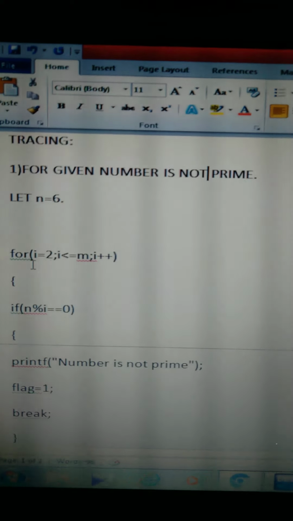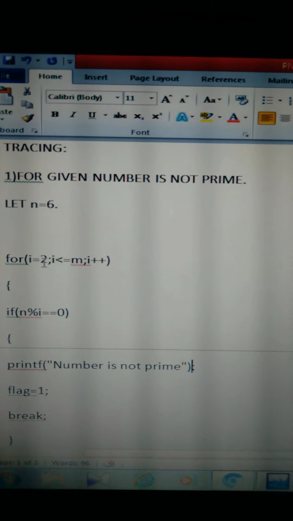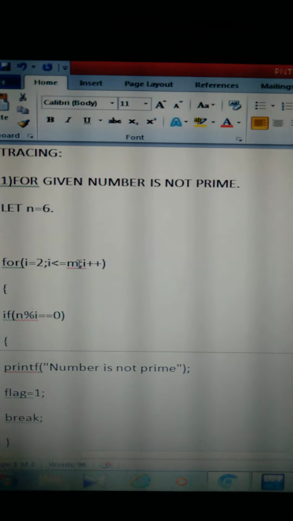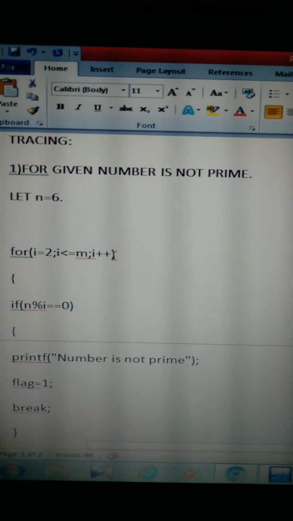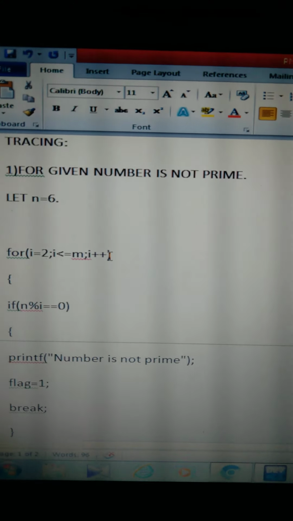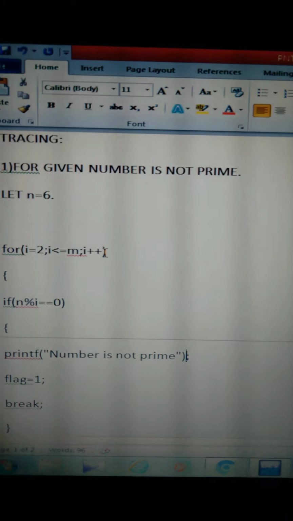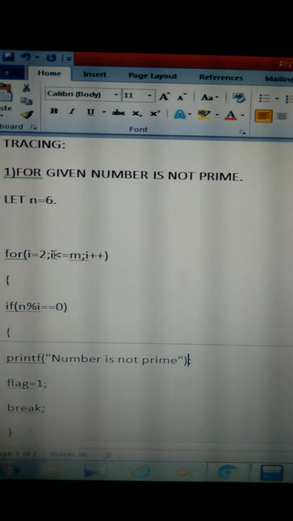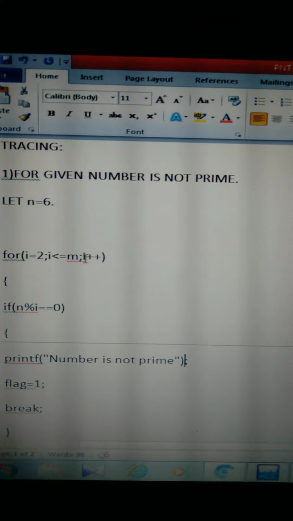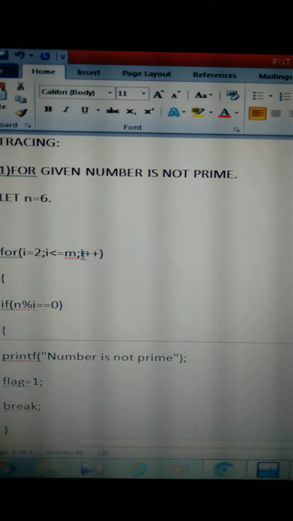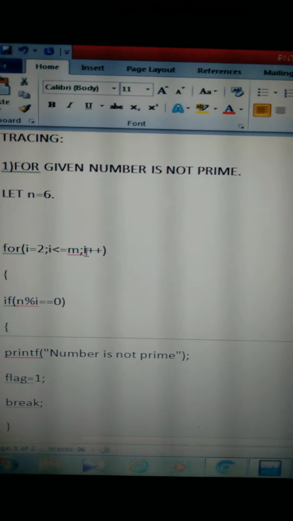Then according to the for condition here, starting from i is equal to 2, i is less than or equal to m, i plus plus. We have to take all the values of the given number starting from 2 by incrementing by 1 up to i less than or equal to m.